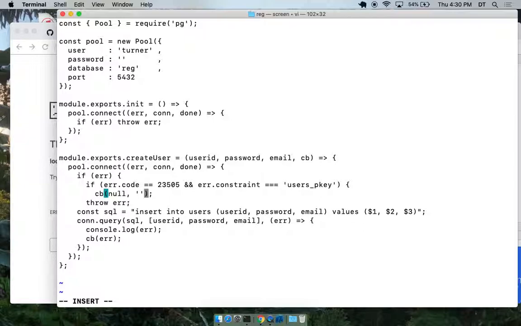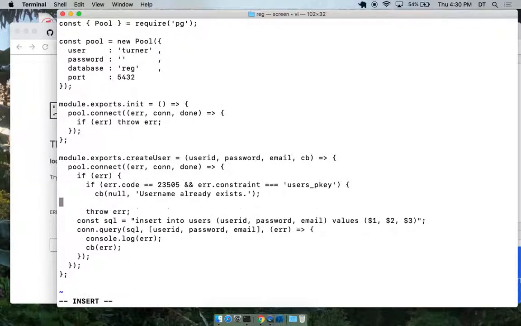I'm going to set the message. I'm going to send an error message. That's it. So it'll be username already exists. There we go. And so that's this error code here.